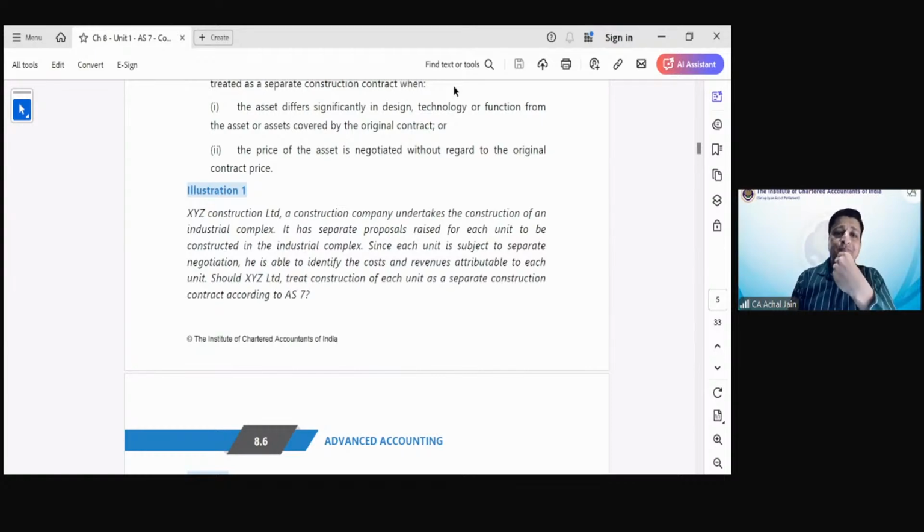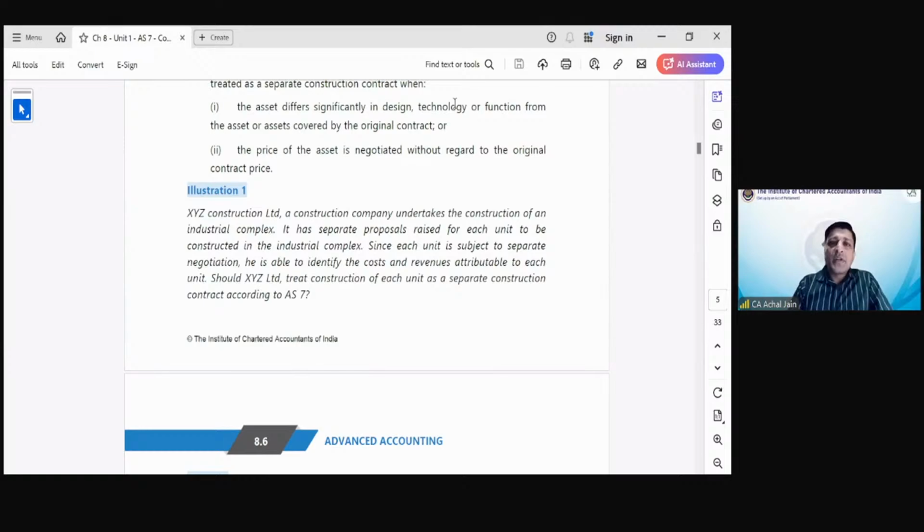Okay, so Kushi is saying separate contracts because negotiation is done separately. Pranav is saying because these units are all part of the same industrial complex. So what makes you say that they are interdependent? How do you find that interdependence? Okay, Hardik is saying it was given to him at a single price, but the units are separate units. So it's independent in nature. But again, I don't think that if you have different units, they will automatically become independent. Yes or no? Someone is saying it's a separate proposal. Okay, so Nair is saying only one industrial complex is there.